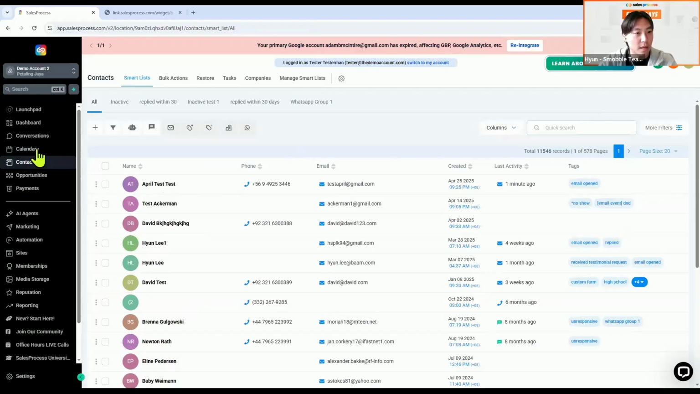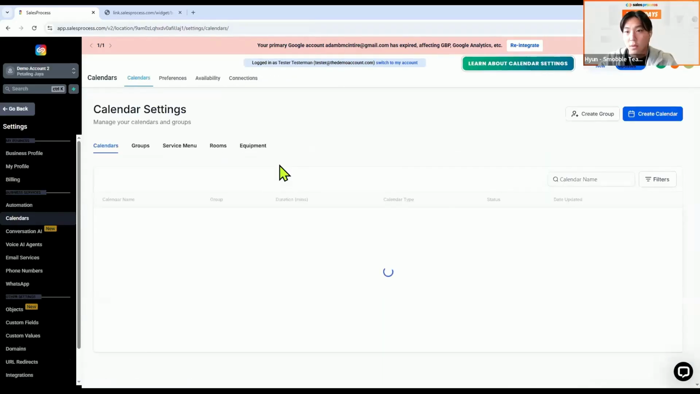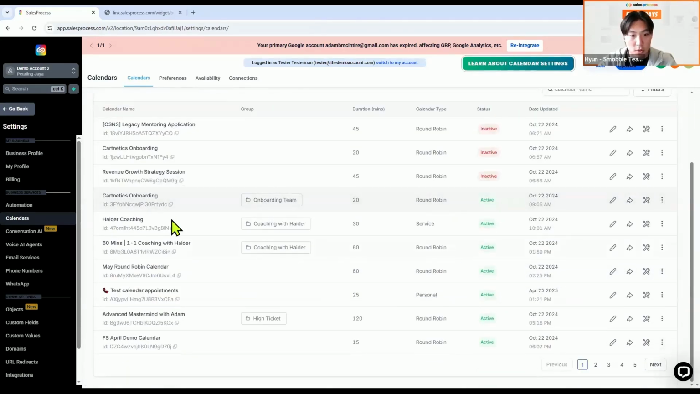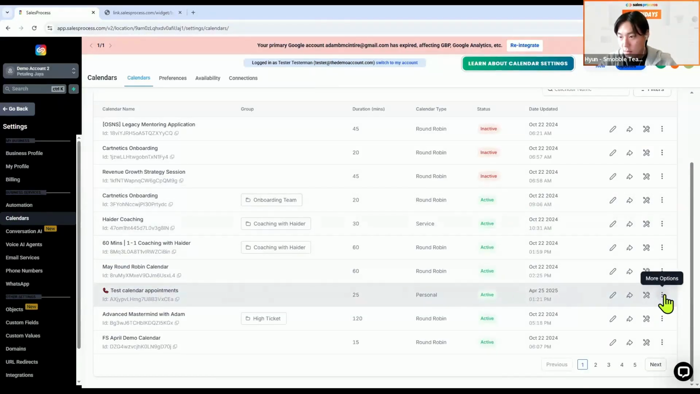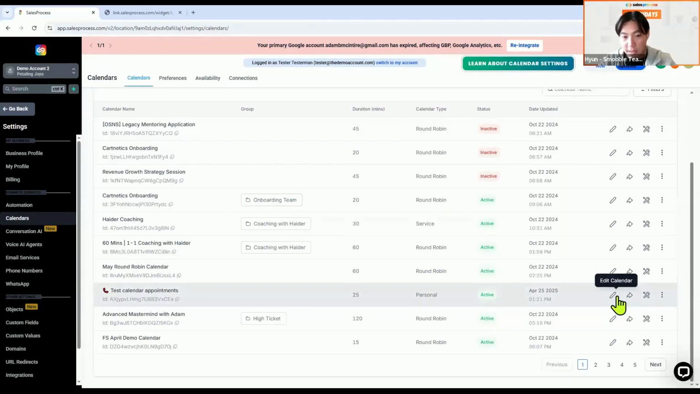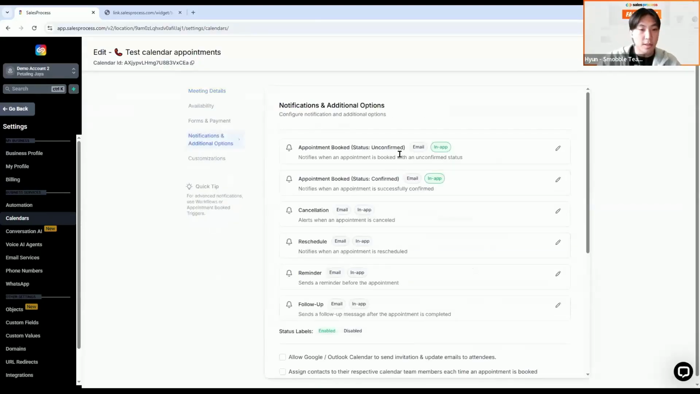Now let's go to the calendar again, and let's set up the reminders for this calendar. To do so, we need to go into the test calendar appointments, more options. Let's go into edit calendar. And the good thing about this calendar is that we can set the notifications without having to create a workflow for this. So in appointment booked status,